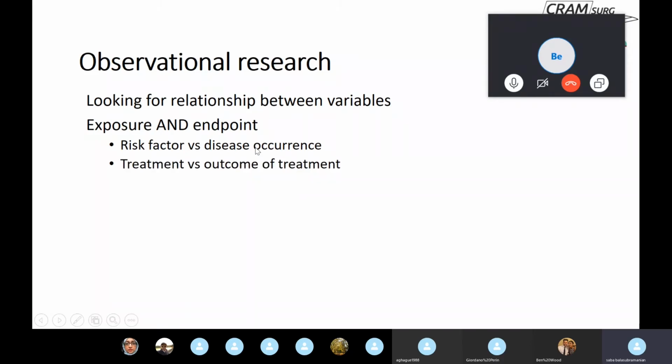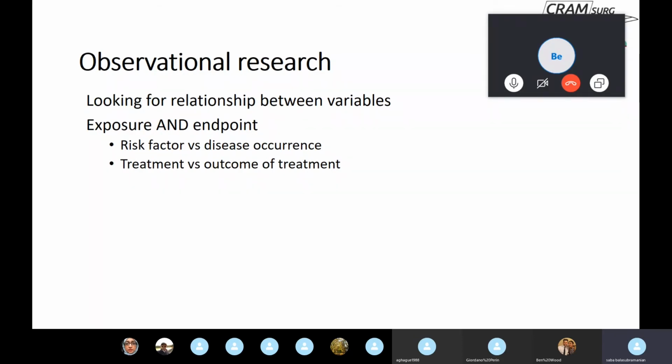If, for example, you're looking at the relationship between antibiotics as treatment for appendicitis and the outcome of treatment being relapse of appendicitis, then you've got antibiotics as a treatment, which is, in other words, a kind of exposure. And you've got relapse of appendicitis, which is the outcome and which is a kind of endpoint. So you need to be thinking about what the exposure is and what the endpoint is